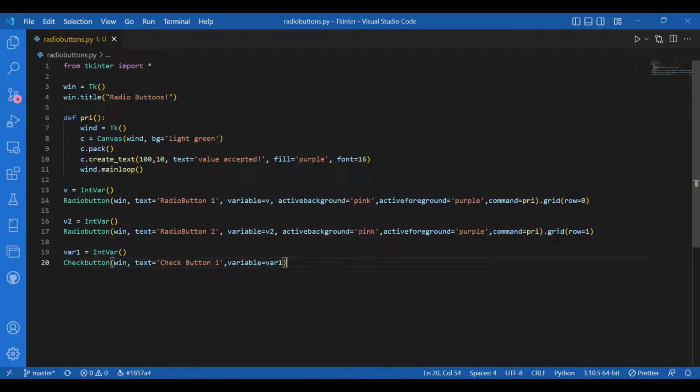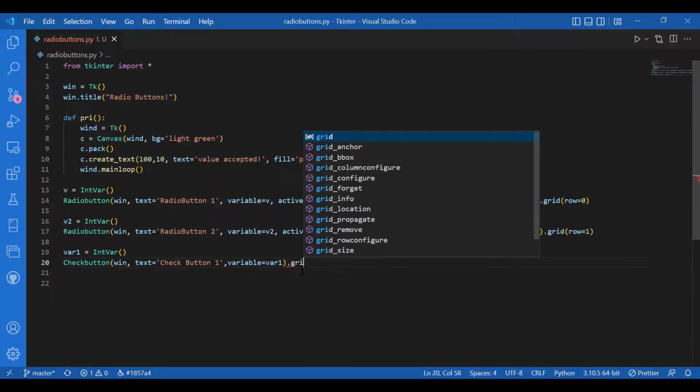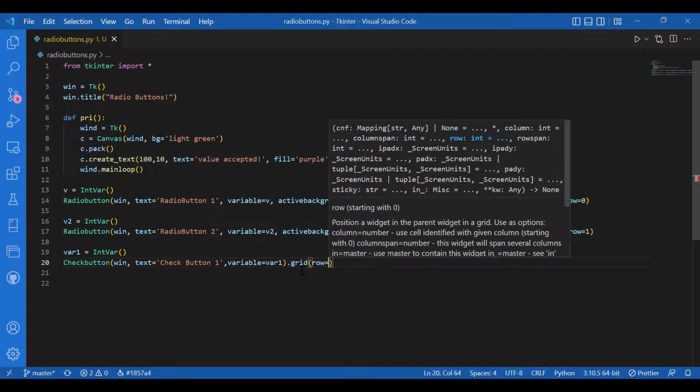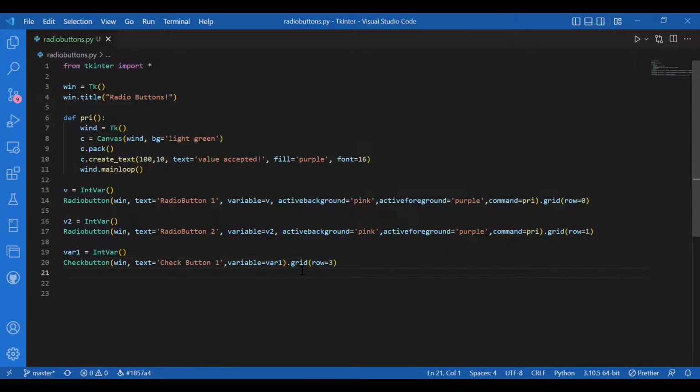I'll not pack this, I'll use grid, and row, let it be 3. If you give the same row number, then the things would overlap and you would not be able to see the radio buttons. So give a number greater than 1 or 0,